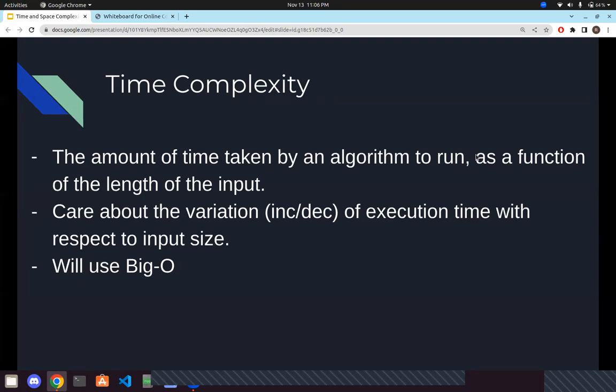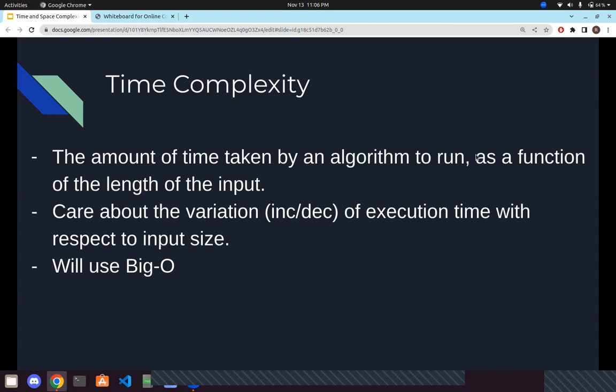So space complexity is defined as the amount of time taken by an algorithm to run as a function of the length of the input. And when I talk about the time taken, I don't mean execution time. What I mean is the variation of execution time with respect to the input size. And the reason why we don't care about execution time alone is because different computers have different processing powers and